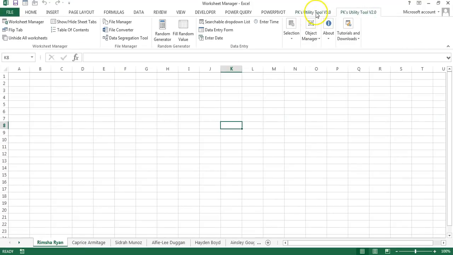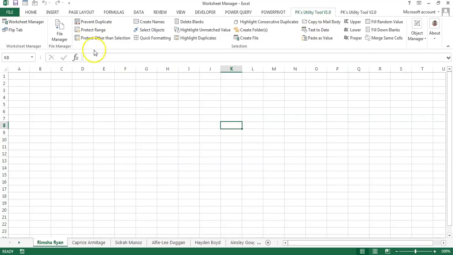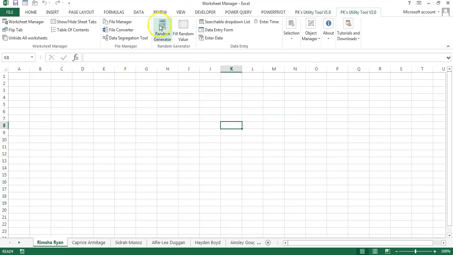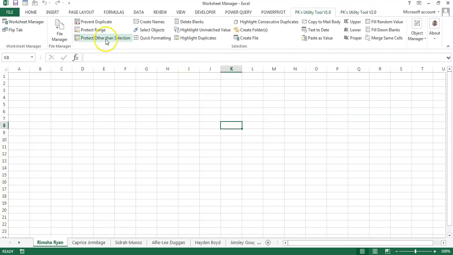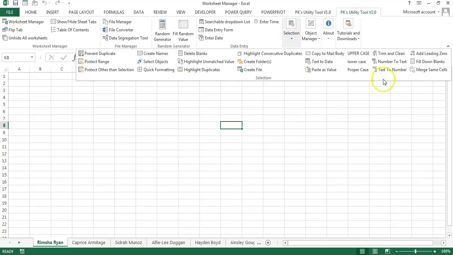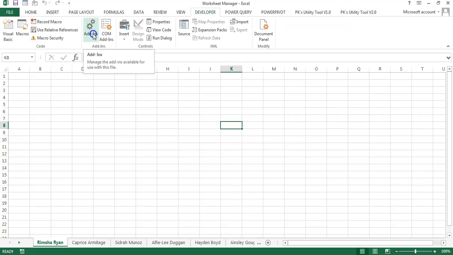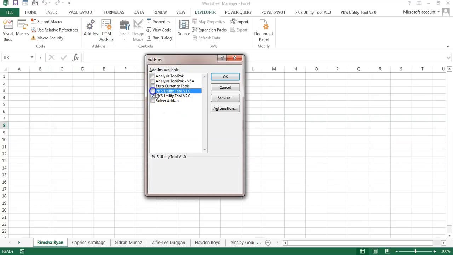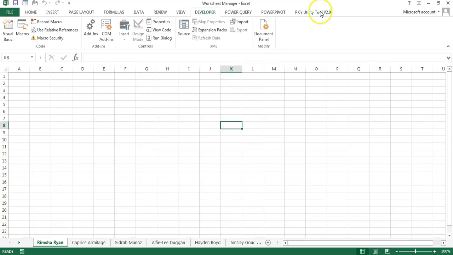You can see in the ribbon also the features we have added. All the features are available in this section. If you see, the selection is expanded here, but here you can see the selection part, all the features are available. To remove 1.0, go to the Add-ins, Developer tab, Add-ins, and just uncheck 1.0, keep only 2.0, this one.